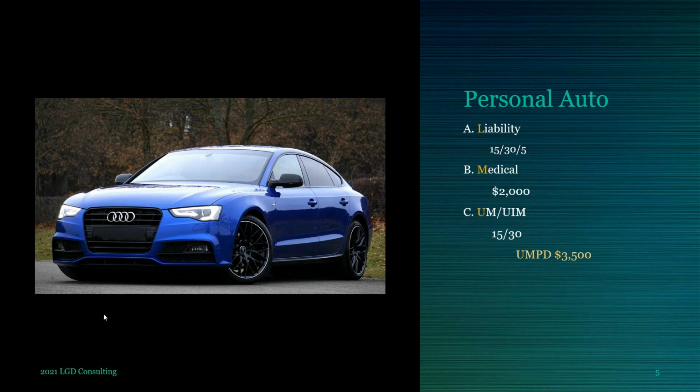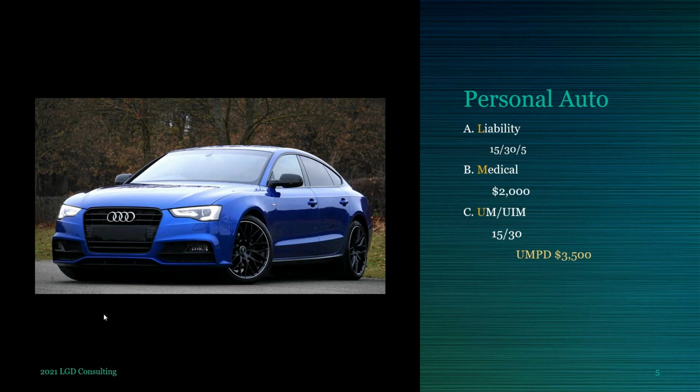Okay. Now I'm using a 2,000 limit. You can get as little as 1,000, or actually you can just say, I don't want this coverage. But I'm using 2,000 because that's common on the test. Out in the real world, on a lot of the policies that you'll see, most of the agents put 5,000 for medical on the policy.